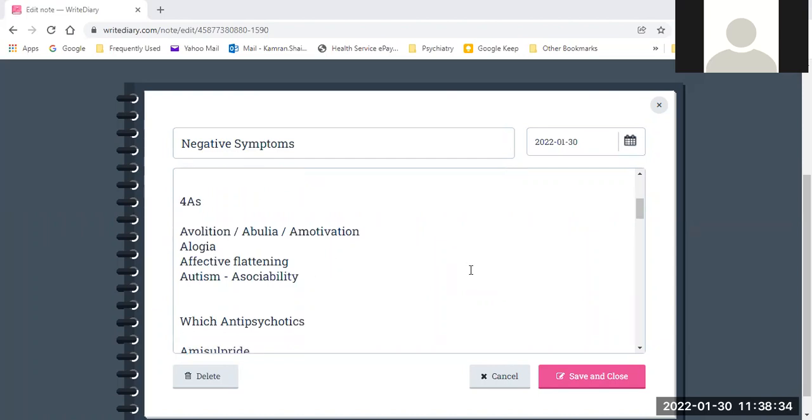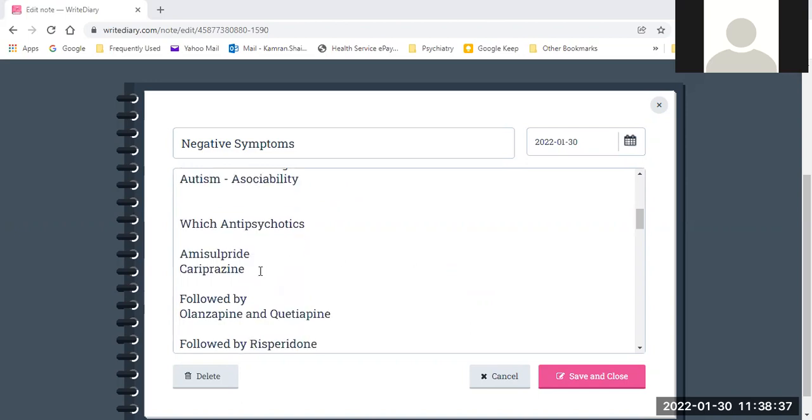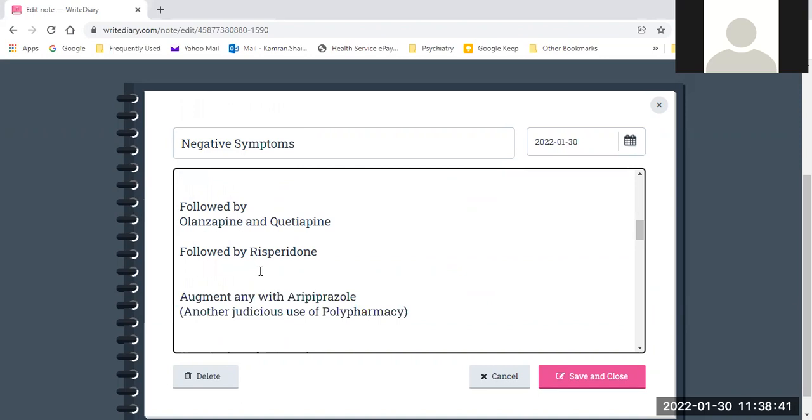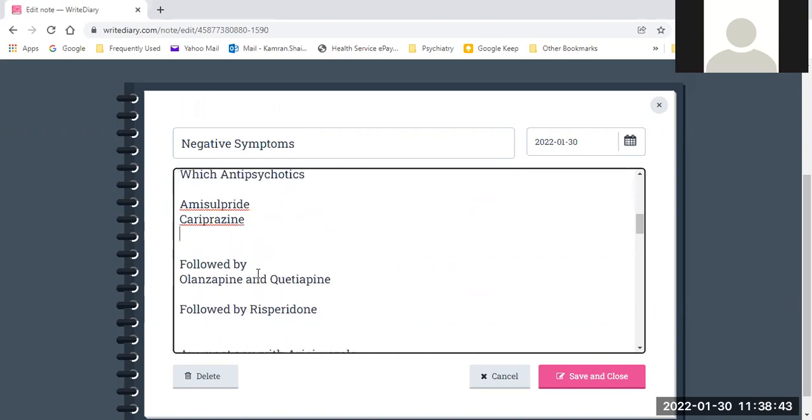The four A's for negative symptoms are avolition, which is also called abulia, amotivation, alogia, affective flattening, and autism. Now, which antipsychotics are to be given for negative symptoms? It is said that clozapine, amisulpride, and cariprazine are very important, followed by olanzapine and quetiapine,